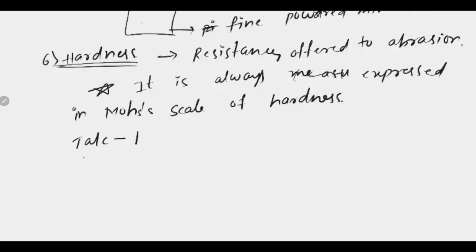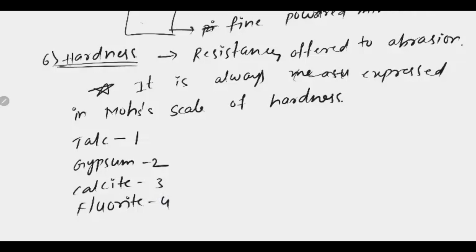Talc has a hardness of 1, gypsum has 2, calcite has 3, fluorite has 4, and these two may be scratched with the fingernail. Okay, apatite,